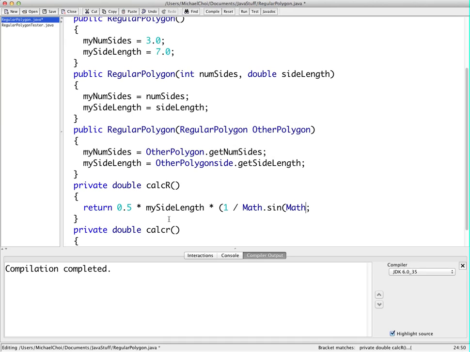Math.sine, and we're going to be using pi. Make sure the p and i are capitalized, or else you'll get an error. Divided by n, or my sides. And make sure all your brackets are matching up. And that looks okay. Math.sine. Yeah, awesome. So for calculate big R,